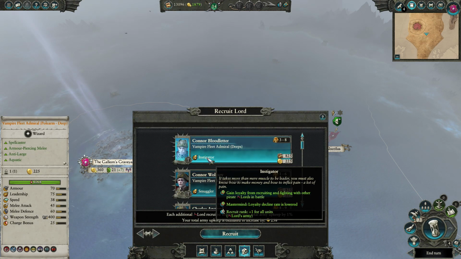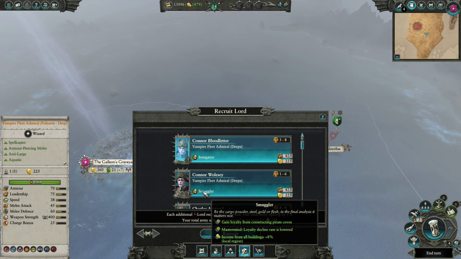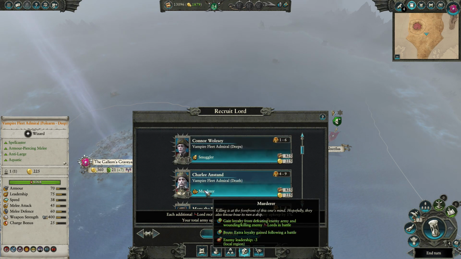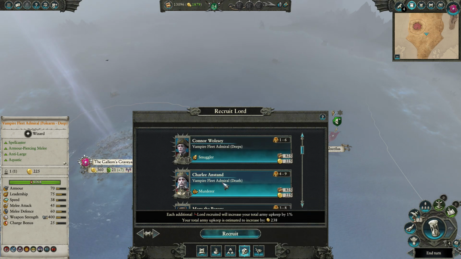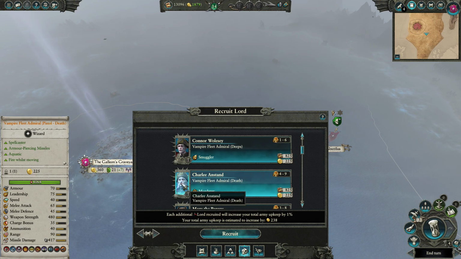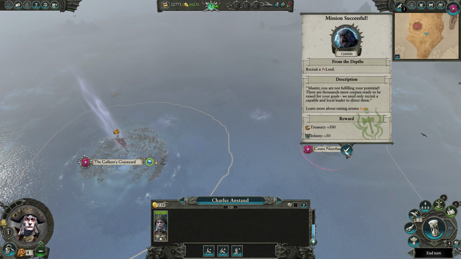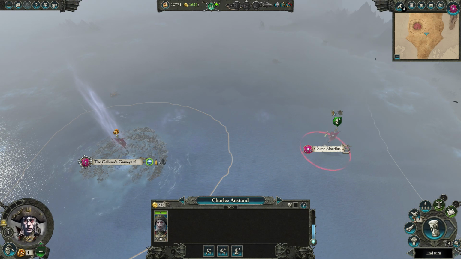I guess we can try to recruit the Lord. Gain loyalty from recruiting and fighting with other pirate lords in battle. Gain loyalty from constructing pirate coves. Don't even know how that would work. And wounding, killing enemy lords in battle. So yeah, just go straight for a battle one, I think. We'll take Charlie Armstand, get the gold,